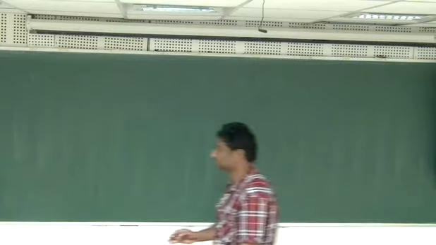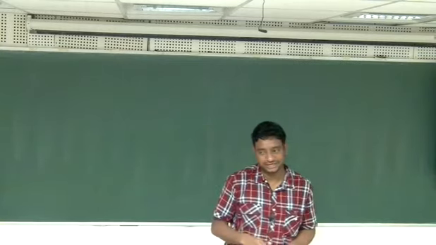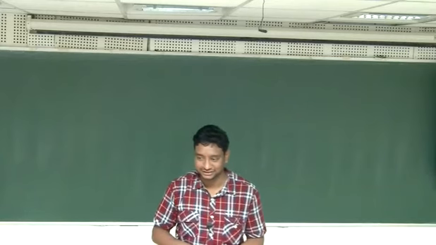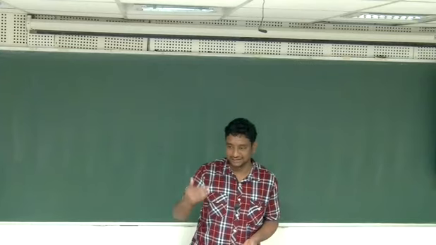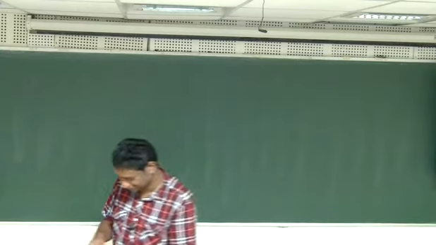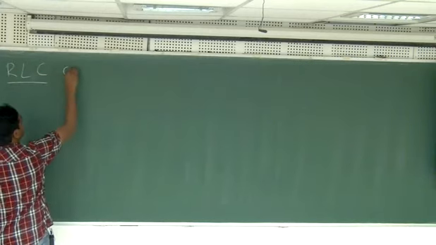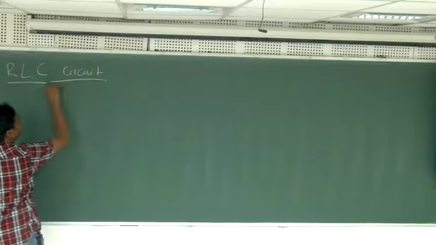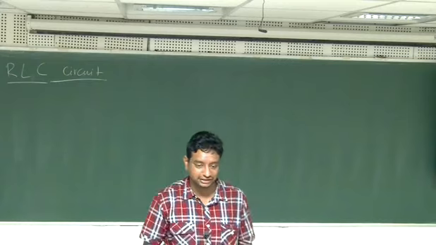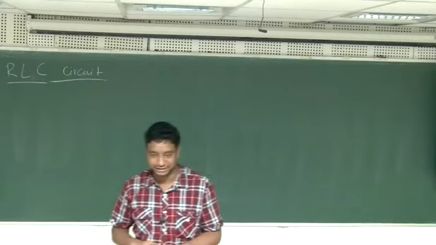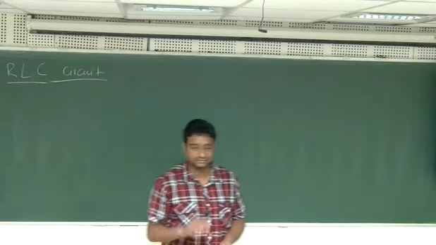Okay, good morning. Let's start today's lecture. Last class we thought we'll work on RLC circuits. But we could only finish up to R. So today we'll also see R, L and C and then RLC circuits in AC. So let me write the name as RLC circuits. R is resistance, L is inductance and C is capacitance. These are three basic elements in circuits, and then we'll see how we solve a network which has all these